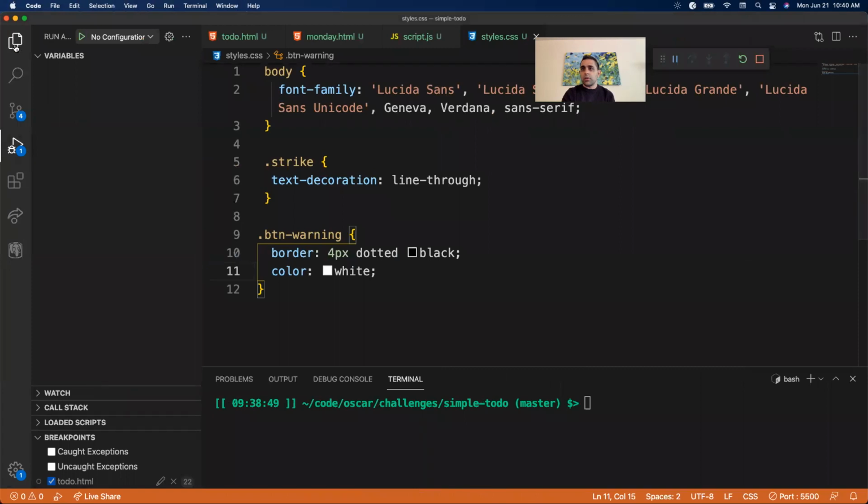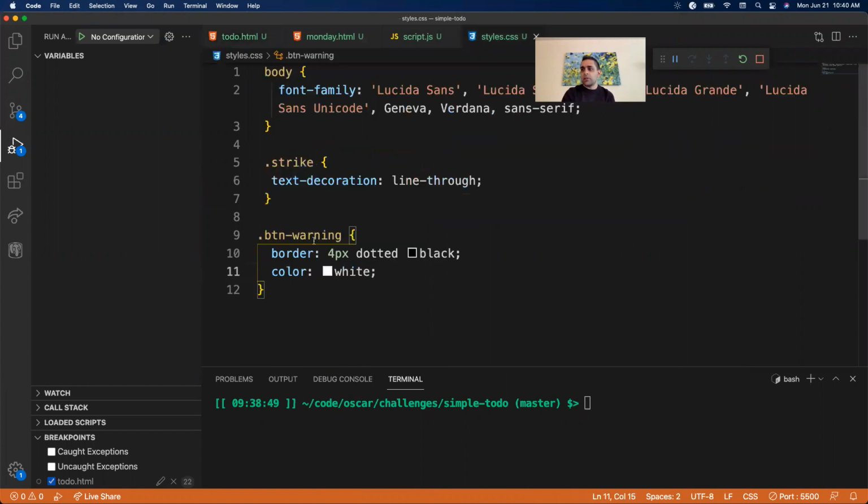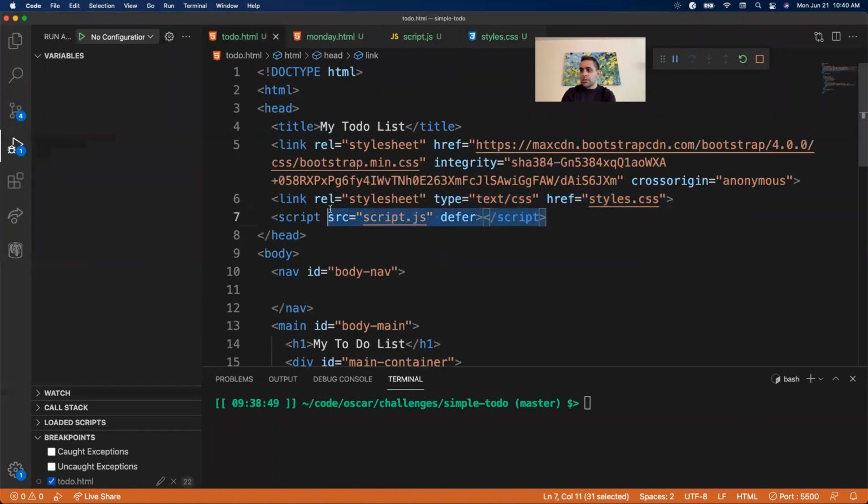or how you include your CSS files. So in this case, line 5 is where I include the Bootstrap styling, and then line 6 is where I include my own. Since line 6 is after line 5, anything in my styles that overrides what Bootstrap's doing is going to get applied. But if I swap the ordering there, so if I swap line 6 and line 5,